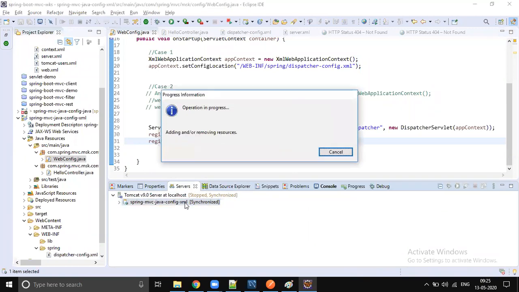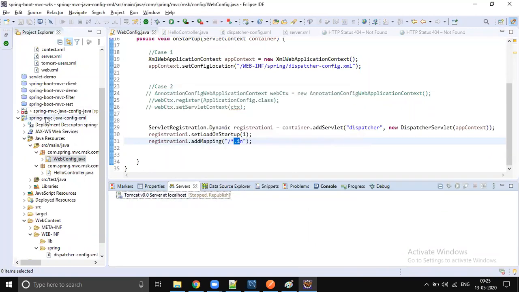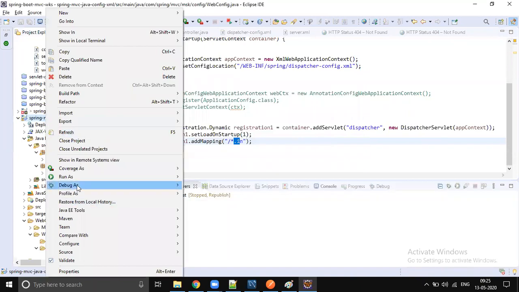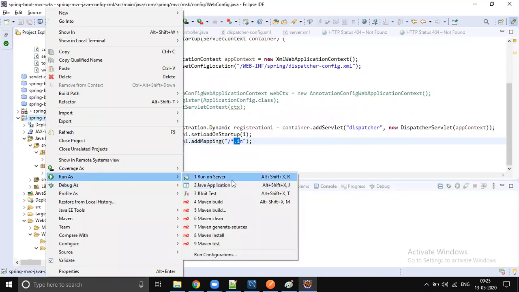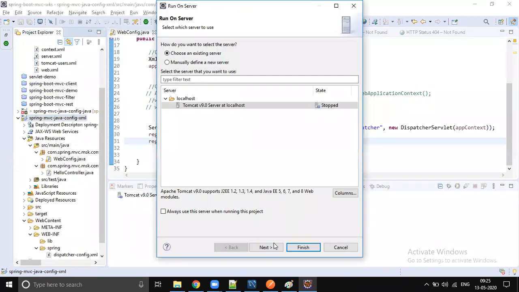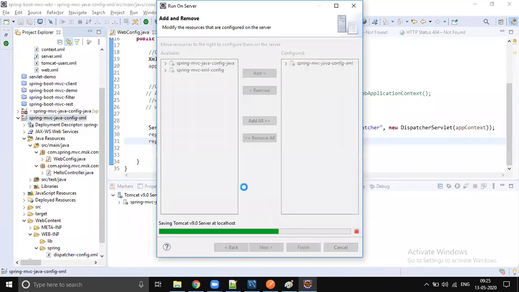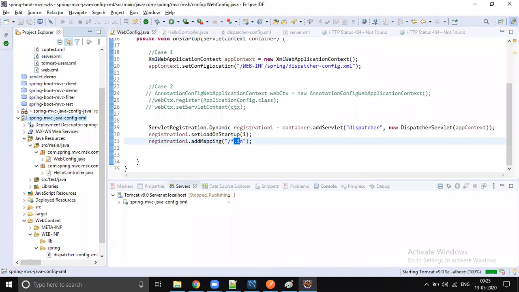Let me delete this. Just right click, run as. So I think something is wrong with this URL pattern mapping. You need to use *.in or something else.